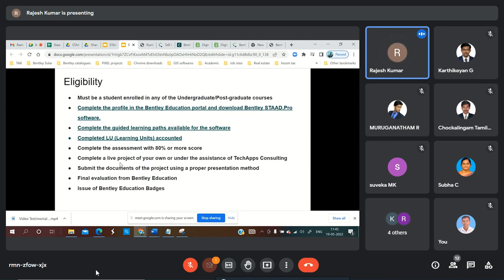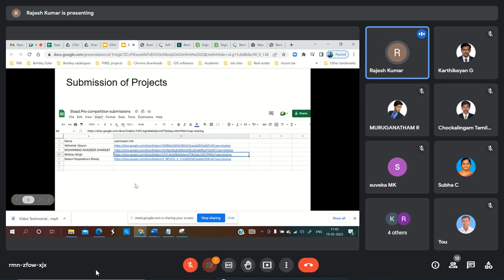For example, these 15 students who complete the assessment and achieve 80 percent have to take up a topic, do some kind of structural design and analysis, and upload all their design analysis reports. Whatever reports they want to showcase, they put in a Google Drive, including a video of them explaining that particular project.